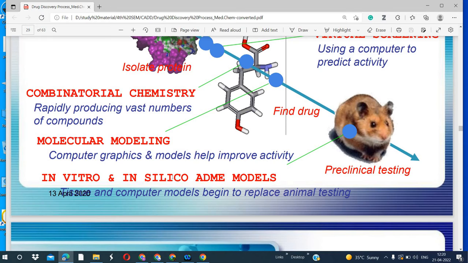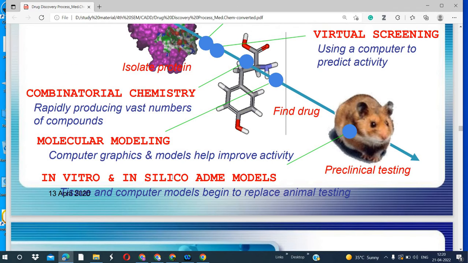Molecular modeling also plays an important role, with molecular graphics. We use visualization tools like PyMol and different tools. Before using the visualization tool, we should have the X-ray structure. We should have the structure of the molecular proteins or drugs. So using X-ray and different techniques, the NMR method, we determine the structure of protein and drug.